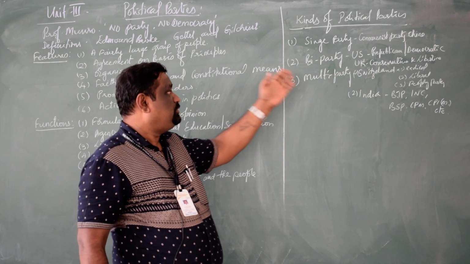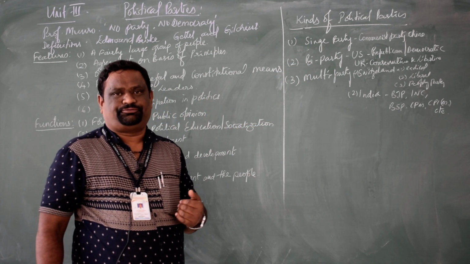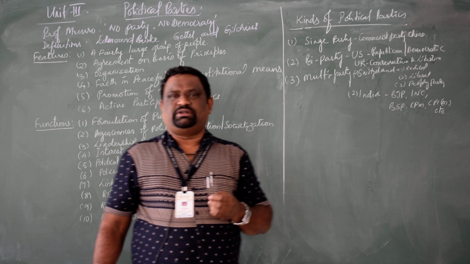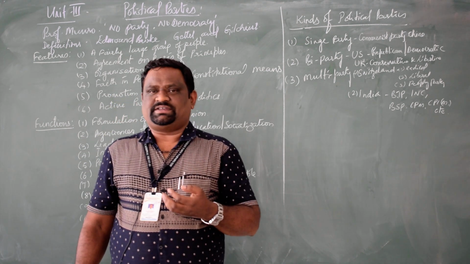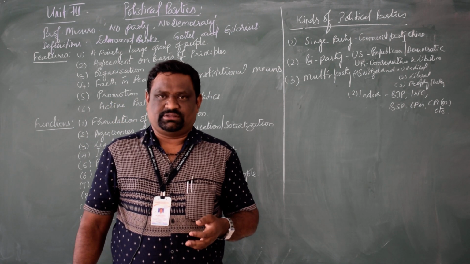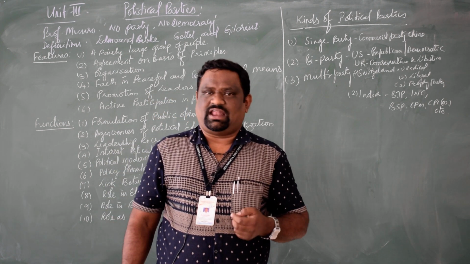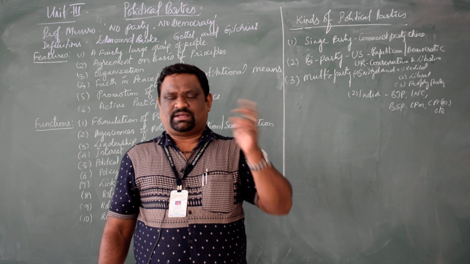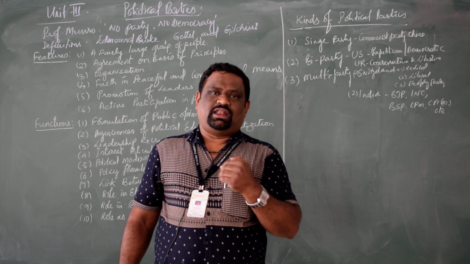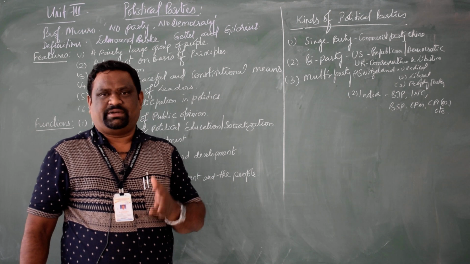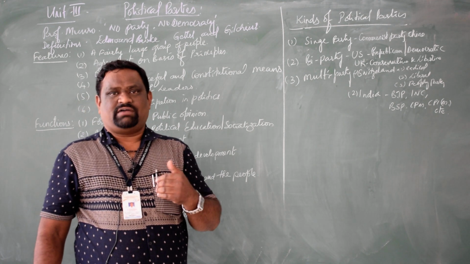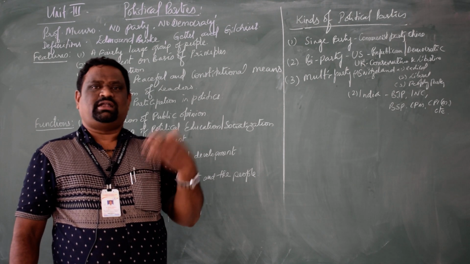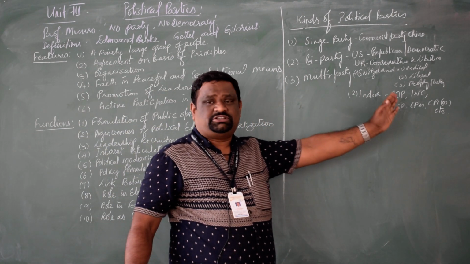Now let me move on towards the third variety or kind of political party, that is multi-party system. See, it is very simple to understand that multi-party means having more than two parties. The best example is India and Switzerland, because these two countries follow democratic system, and especially India, India is the largest democratic country. So therefore, every institution, every citizen has equal right and opportunity to establish their own ideologies. That ideologies might lead to establishing the political party.